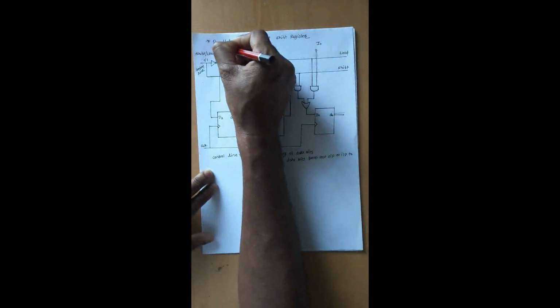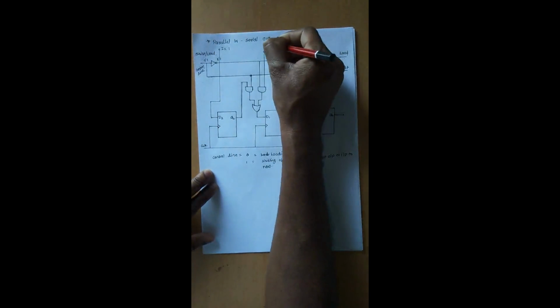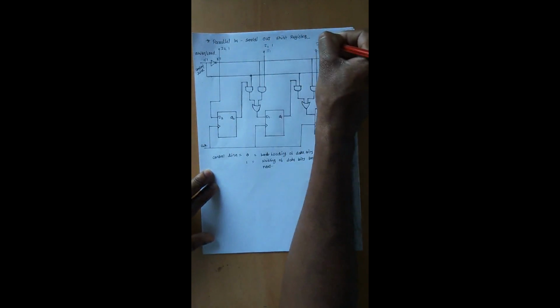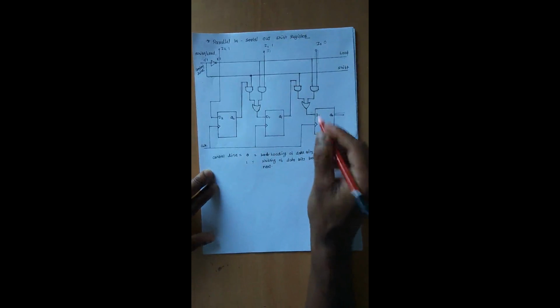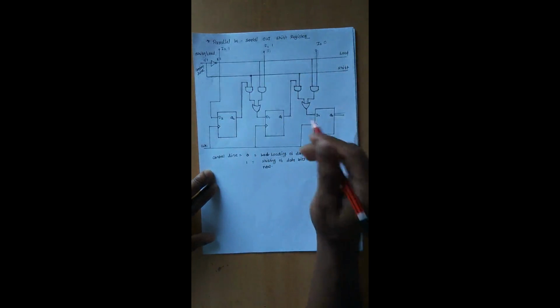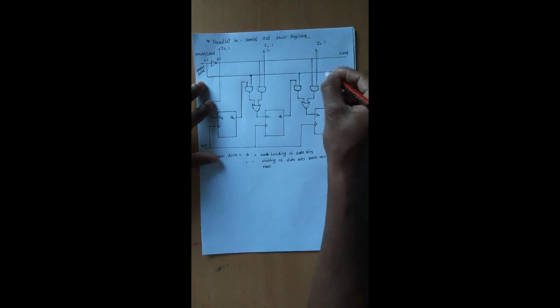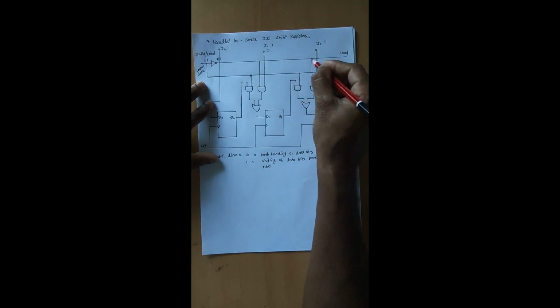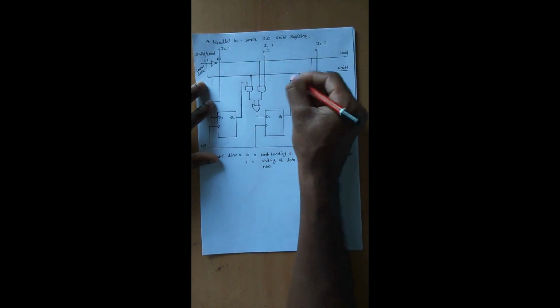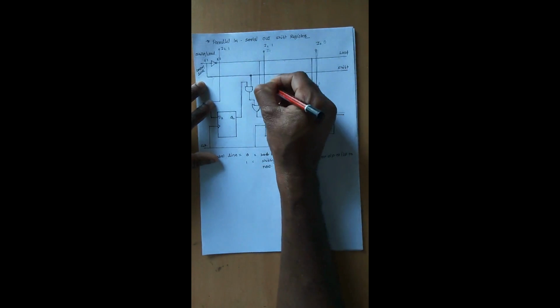What is the meaning of loading? Suppose I want to transmit the bits 1 and 0. These are the parallel bits, and I want to transfer them into serial form. First, what will happen for this pattern? What is the value here? It is 0. Next, what is the load value? It is 1. Here the value is 1.